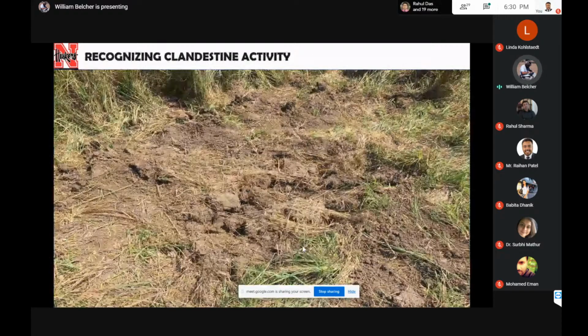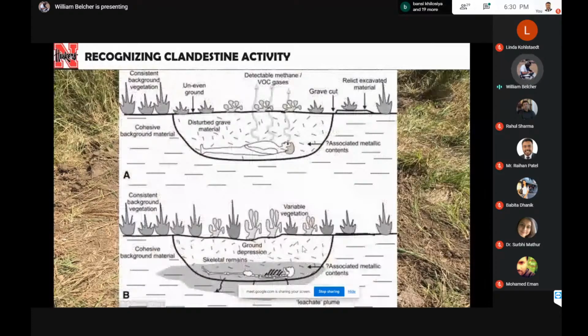We're going to go back to this fake grave that we created here in Nebraska for training. How do we recognize clandestine activity when people are excavating graves, putting in bodies, and they begin to decompose? Well, there's very significant changes that happen over that grave. And so you can see that this diagram shows that you have the grave. First of all, you can see from the photograph that it was disturbed. We can recognize that there's been a churning of the soil from digging it up, putting something in, and then